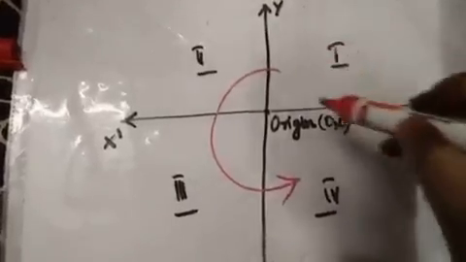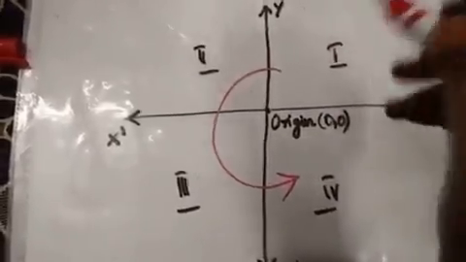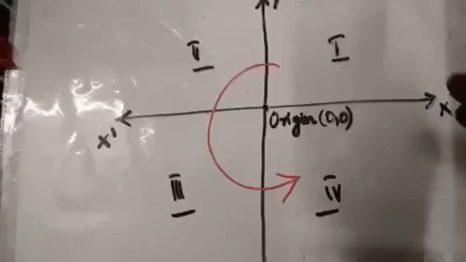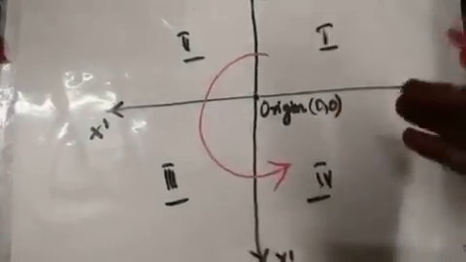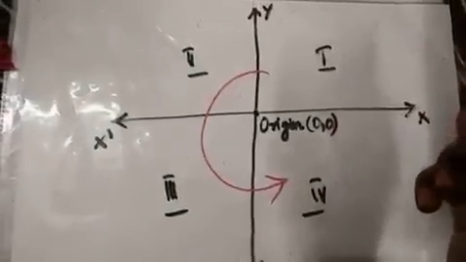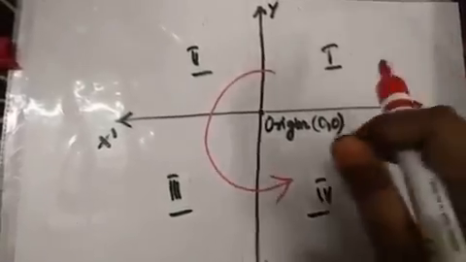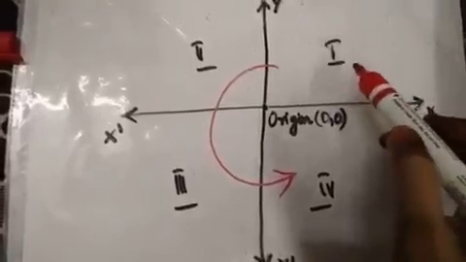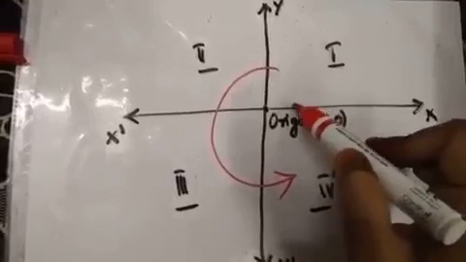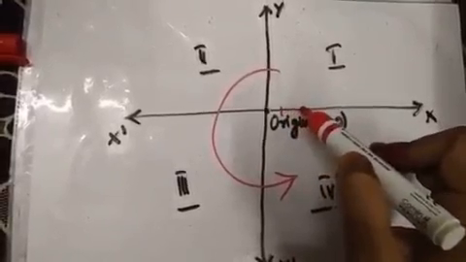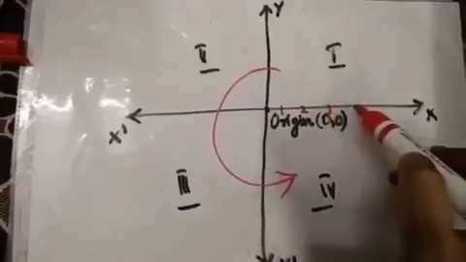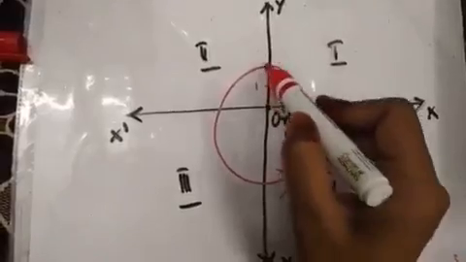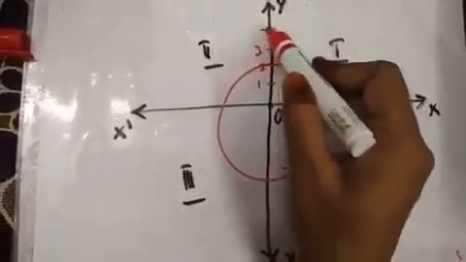Now, to describe the position of any point, there are n number of ways to describe the position. You can describe the position of a point using its coordinates, or using quadrants, or else by using the distance, how much distance it is away. So for example, here in the quadrant, if I locate any point, I am just writing here 1, 2, 3, 4, 5, and here I am keeping 1, 2, 3, 4.